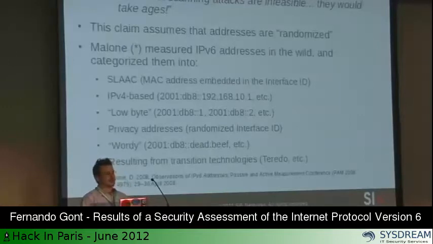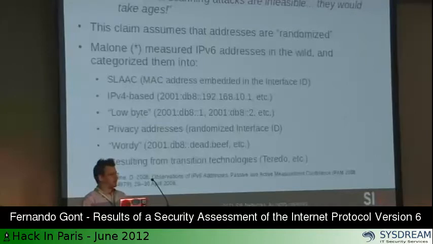What's interesting is that that's not exactly what happens in practice. So when I was studying this particular aspect, I came across this paper, which is a little bit dated, but in any case, it provides an interesting data point. So this guy, David Malone, essentially measured IPv6 address generation in the wild, in real networks. For one of the experiments that he did, he set up, I think it was a web server, so he had clients connecting to his web server. He logged every one of the addresses of those clients and then tried to analyze what was the algorithm or the technique that was being used to select the interface IDs.